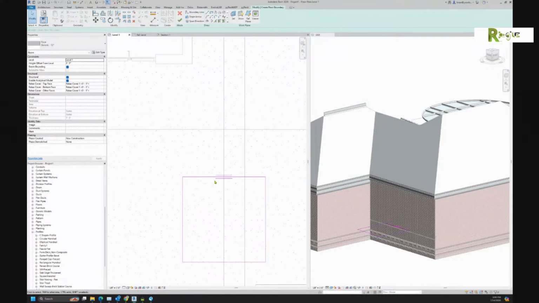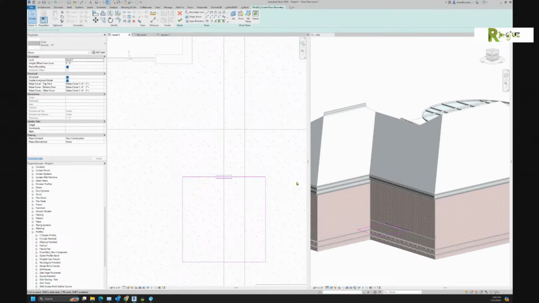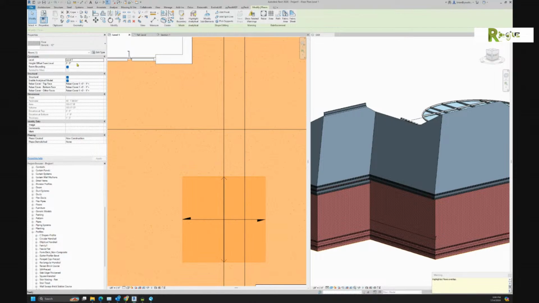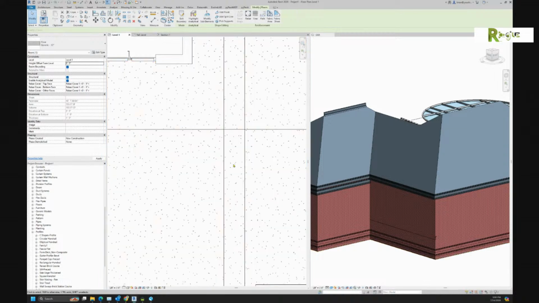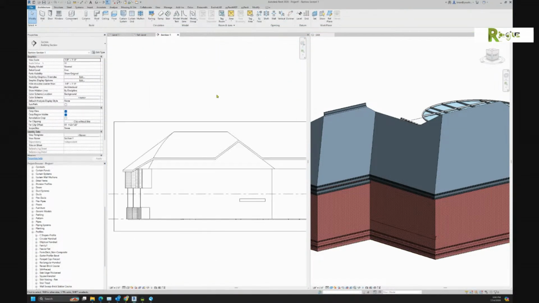The one to recognize is, you see that line right there? That's the line that the structure is going to be supported by. So if I say finish, I know it's at the same place. I get it, but I'm going to move this up to 8 feet. Now when we go into that section view